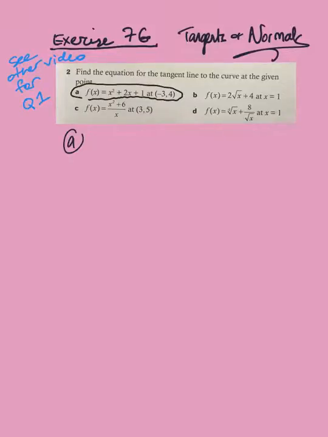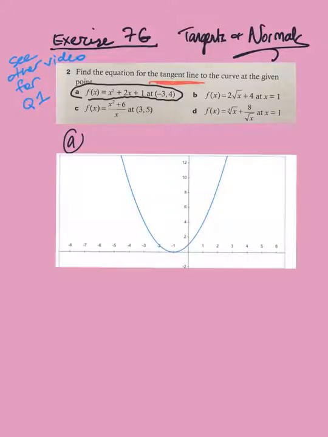What does it all mean, I hear you ask? Well, let's take a look at this curve. What does it look like? Lo and behold, it's a sweet parabola, and they're asking to find the tangent at the point -3, 4. So here we're going to try and find the equation of the tangent, which is sort of like